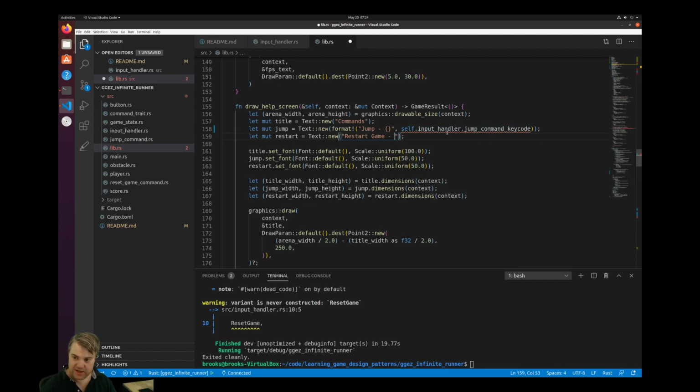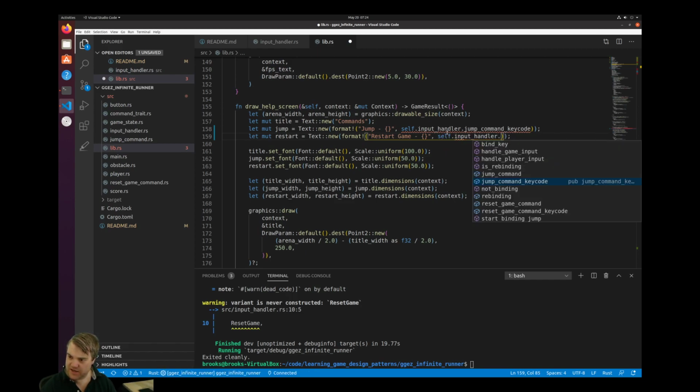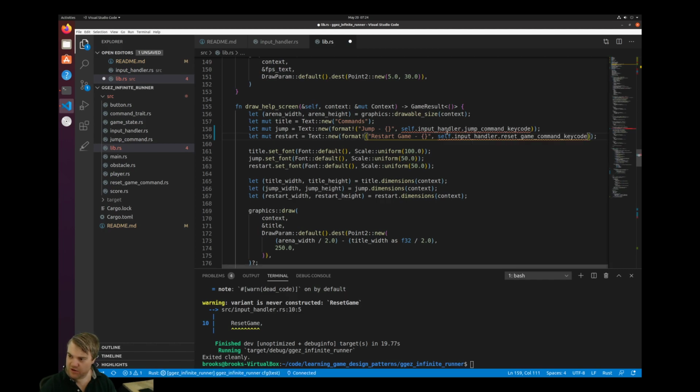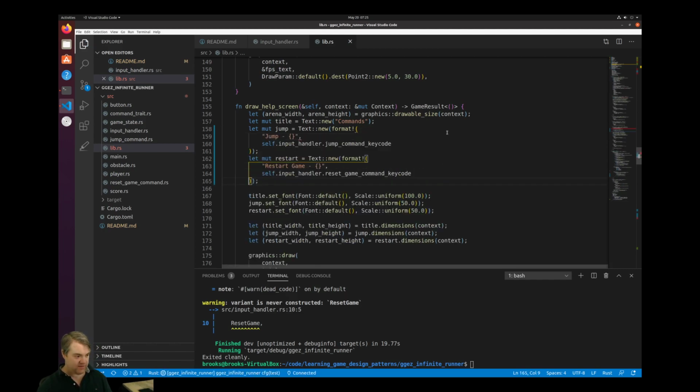We'll do the same thing with restart game. Self dot input handler dot reset game key code. So if I save that,